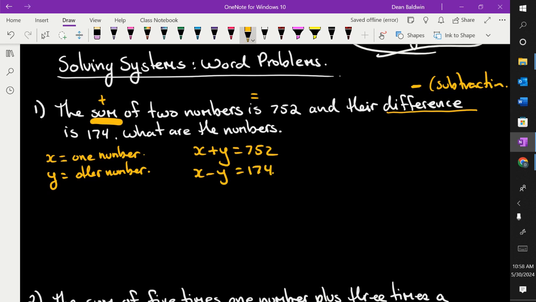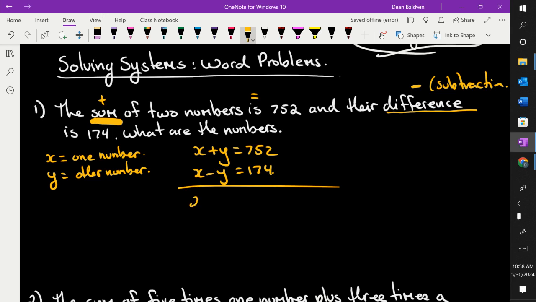Now you just solve the equations that you generated. The whole point is to take the words, generate two equations. Now we solve them. How do you want to solve these? You can do any method you wish. There's one really quick, easy way. I would just add them together because look how they're lined up. The x's line up, the y's line up, numbers line up, and the y's, one's positive, one's negative. So if you add these together,